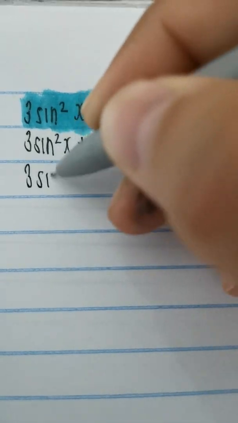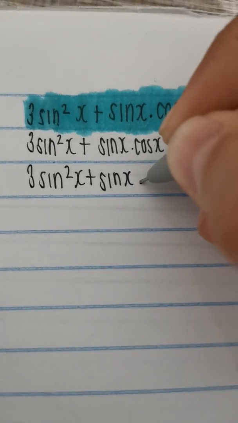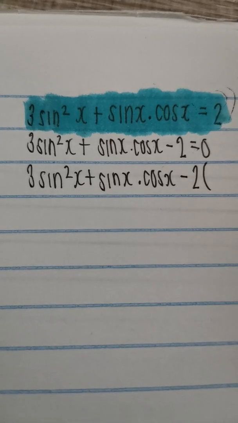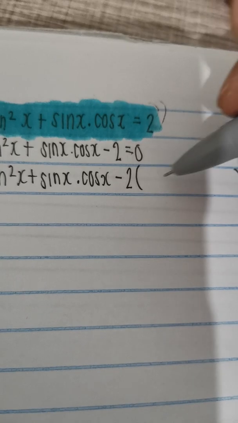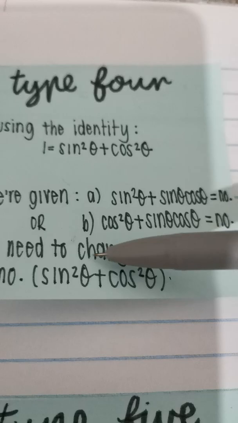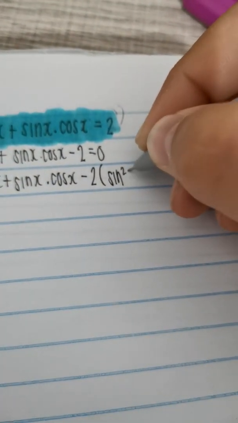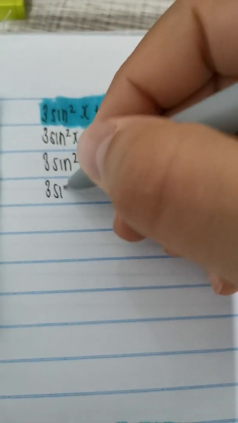So 3 sine, right? And there's a negative 1 next to it. So let's open up a bracket for the negative 1. Not the negative 1, sorry, the positive 1. In the place of 1, we know according to trig ratios and trig identities, this here is equal to 1. So this becomes sine squared x plus cos squared x, and then this is equal to 0. Right? We're going to now distribute. So using grade 8 and 9 knowledge,